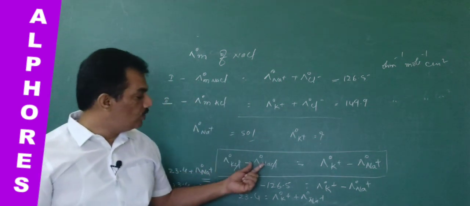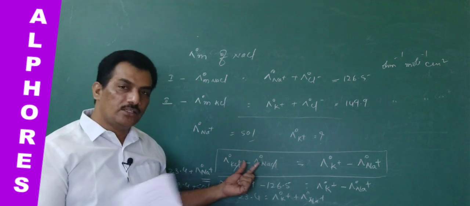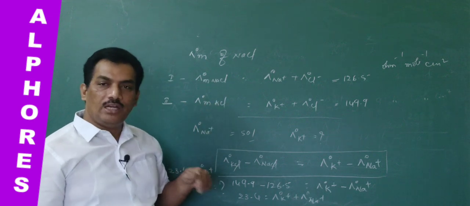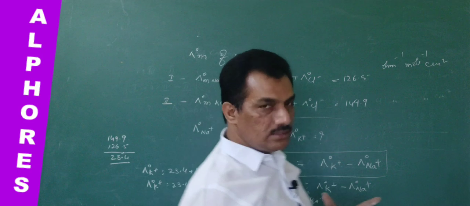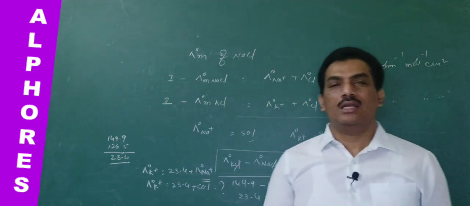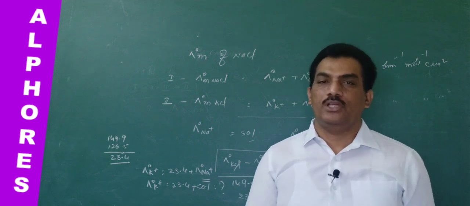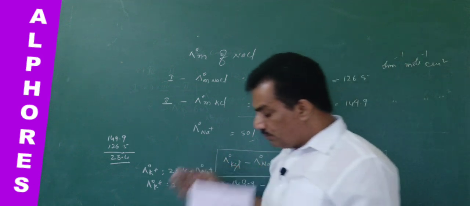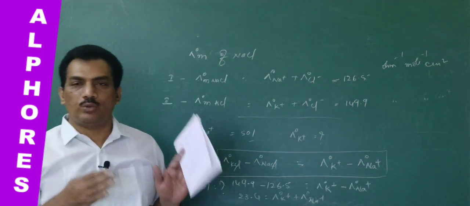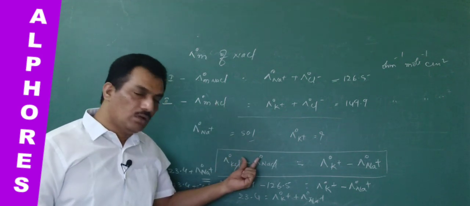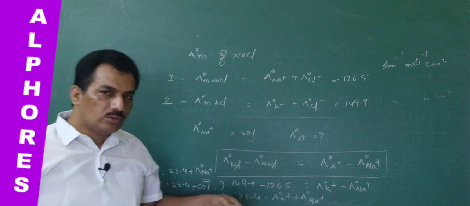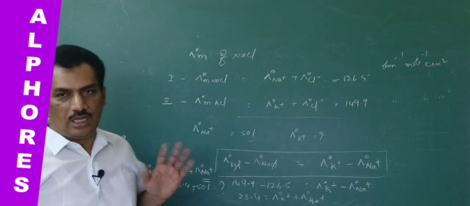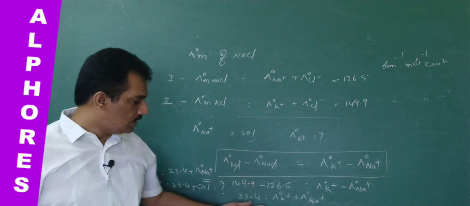Clear? And again here you are observing a different application of Kohlrausch law, where when the two electrolyte conductances are given, by providing one of the electrolyte cation conductances, they are asking the molar conductance of the other electrolyte cation. In such a case, we are applying the Kohlrausch law in this manner, where the difference in the molar conductances of the two electrolytes which are having a common anion is equal to the difference in the conductances of the two cations present in those two respective electrolytes. Clear? And with that we are solving this question.